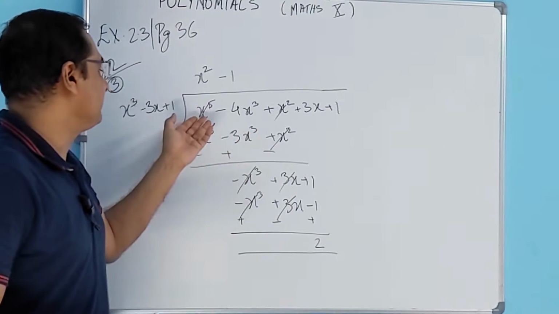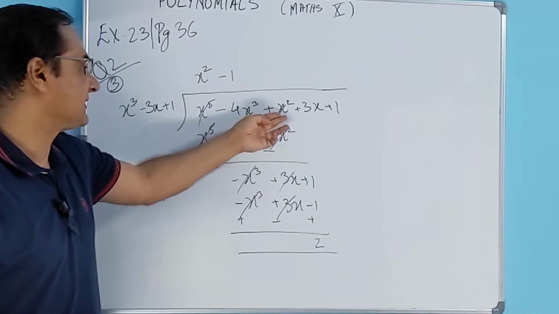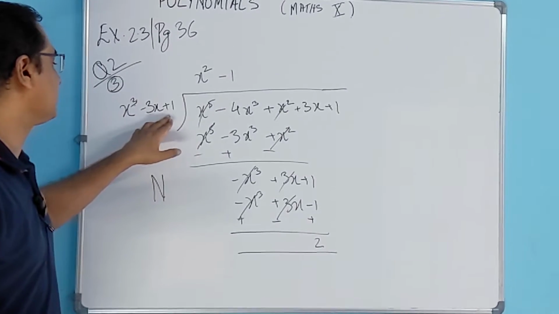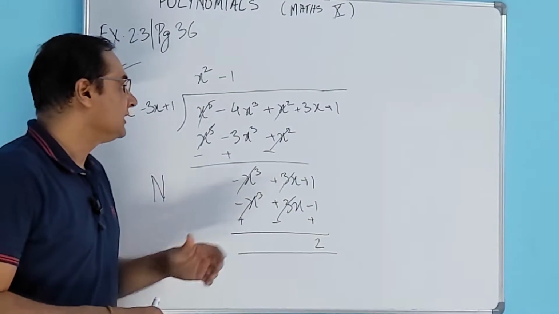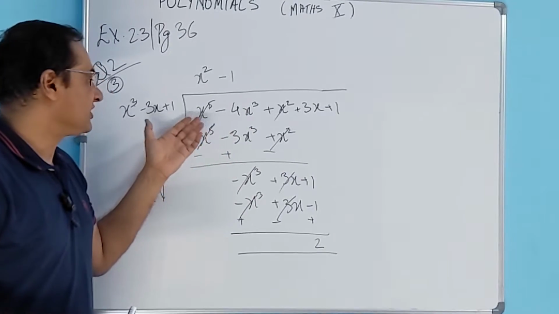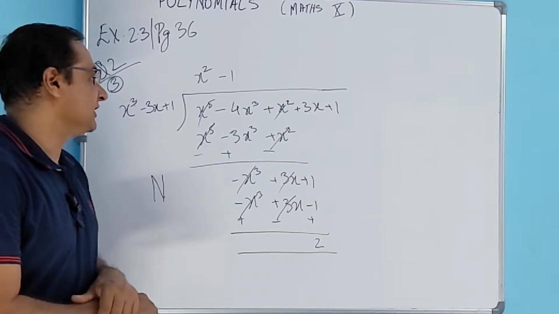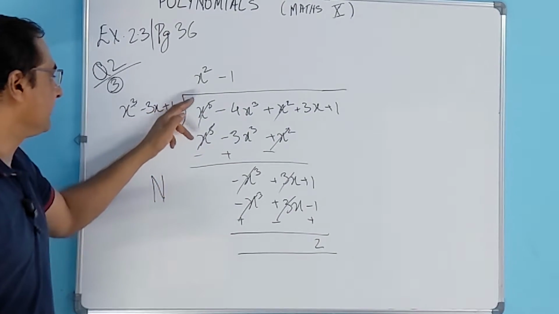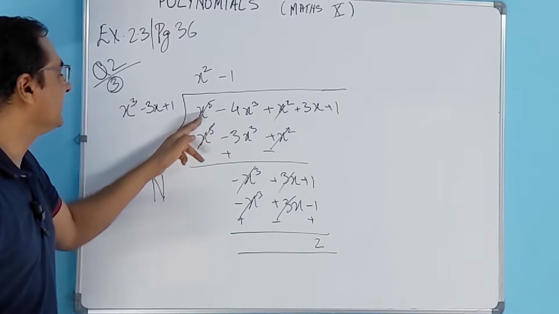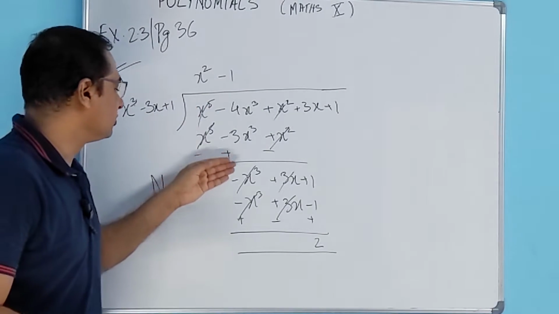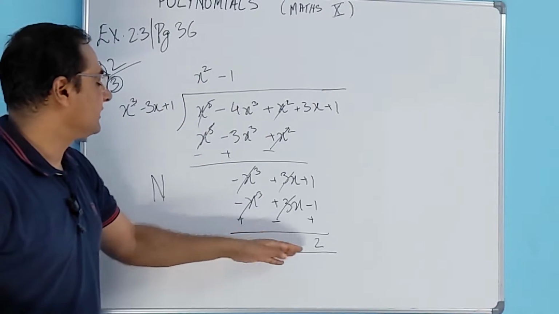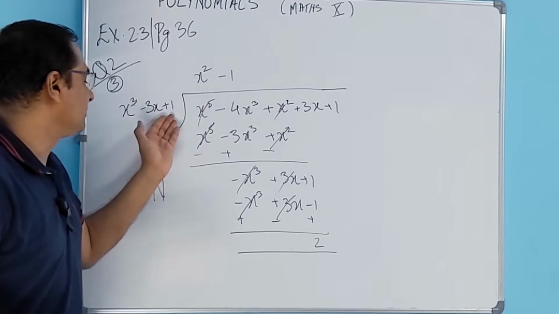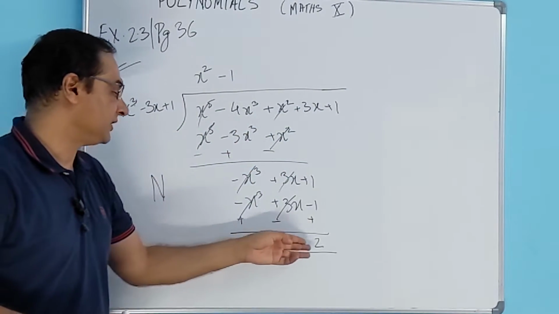So let's look at sub question 3 of question number 2 of exercise 2.3. Again, we are given the polynomial x raised to the power 5 minus 4x cube plus x square plus 3x plus 1, and we need to find out if x cube minus 3x plus 1 is a factor of this polynomial or not. Again, we follow the steps of division. We arrange all the terms of this polynomial in the descending order of degree of the variable, same thing with the divisor, and we divide by going on and eliminating the first term of the dividend. We get a remainder which is non-zero, and the remainder is 2. So we can conclude that this polynomial is not a factor of the bigger polynomial because the remainder is not 0.